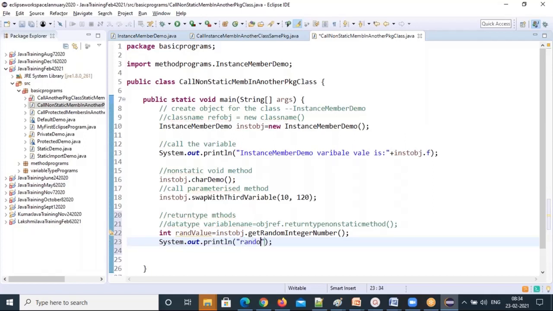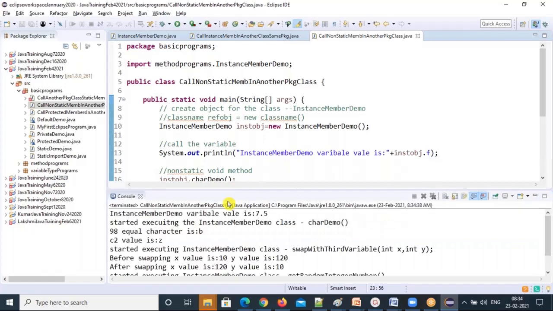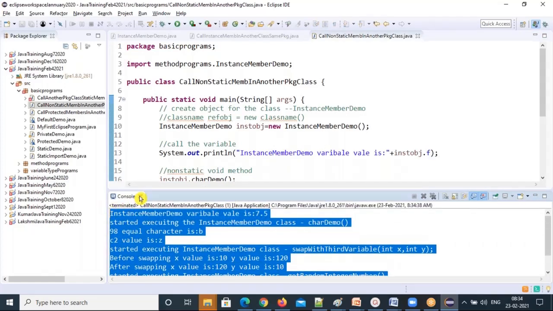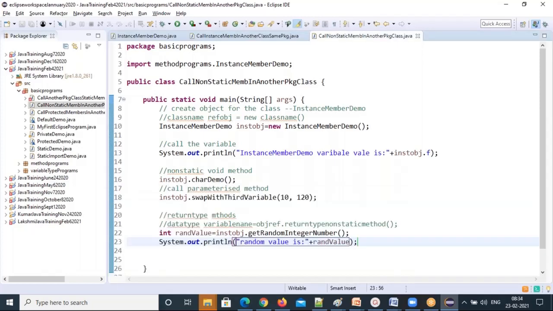So random value is, so everywhere you see object reference, there is no change at all, right? Imported, if you are crossing a package, first thing you have to do is import. Okay, so that's all about how to call non-static members in another package class.